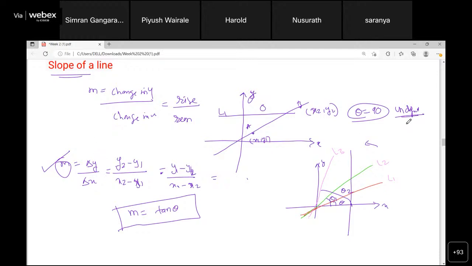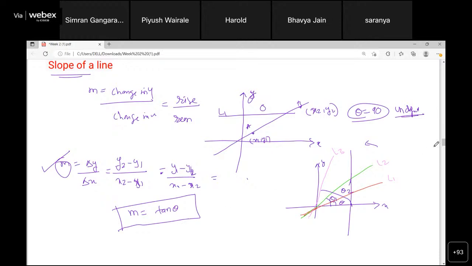Here m is equal to tan theta. If tan 90 is given there, then it is not defined. So what is the reason of it not being defined? That value does not exist, right? If you see here, I don't know what is the slope of this particular line because I'm not changing in the x direction. It is still rising, the change in y is infinite, right? So I don't know what is the rise by run ratio here.